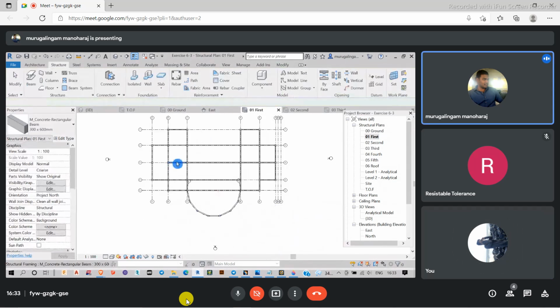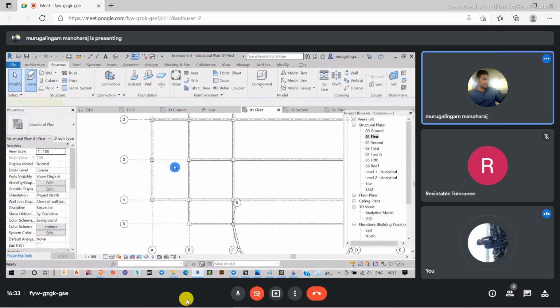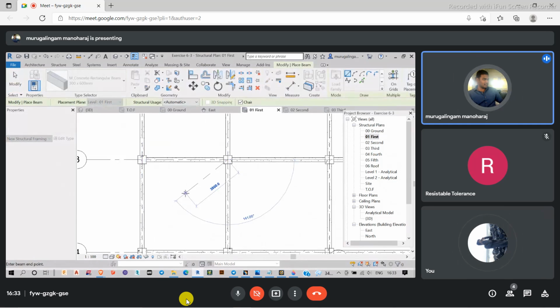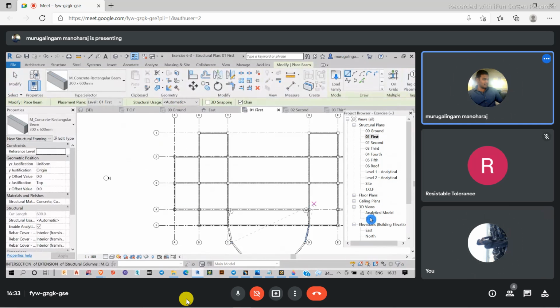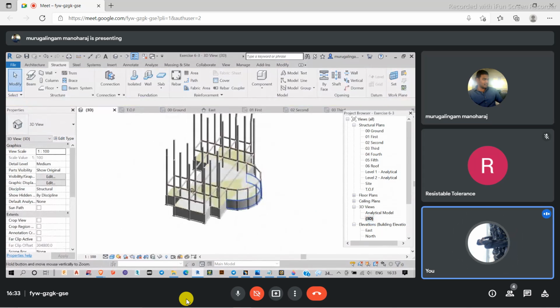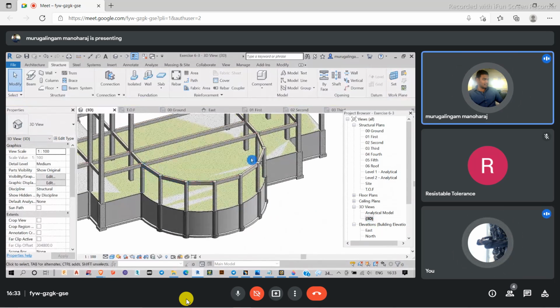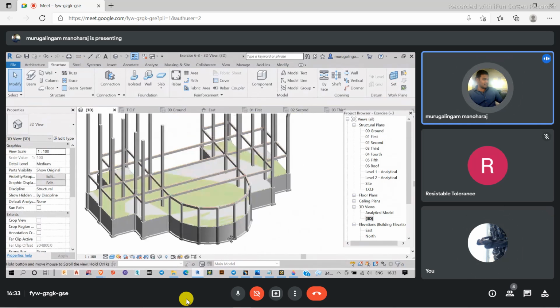Whenever a beam connects between two columns, it should be considered as a primary beam. So these are the beams I have created. I can either create it this way or create a single circular arch-like beam also. But it's more practical to use these kinds of beams. For a circular wall we can use that, but for beams we will be using this kind of system.